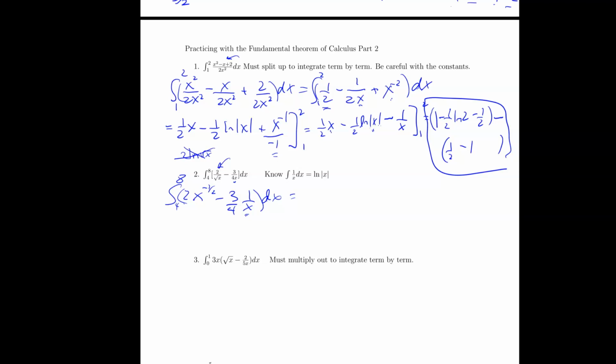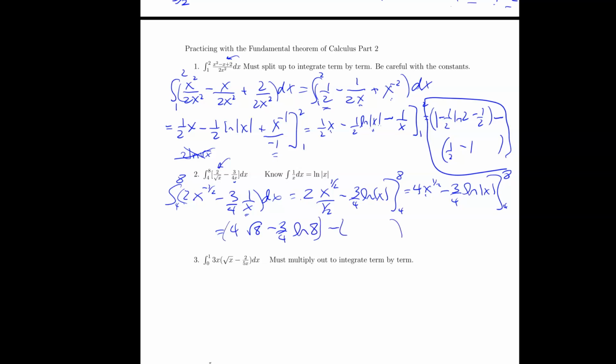Okay, here we go. So take the antiderivative, carry the 2. So I get x to the 1/2 over 1/2 minus 3/4 ln of the absolute value of x between 4 and 8. So I'm going to take the time to fix this. So we multiply by the reciprocal. So I get 4 x to the 1/2 minus 3/4 ln of x. Okay, so now I'm going to plug in. So I take this and plug it in. So I get 4 root 8 minus 3/4 ln of 8